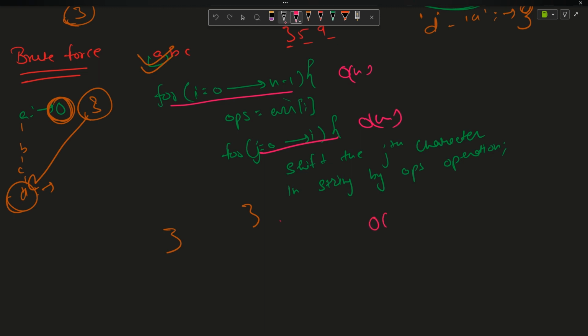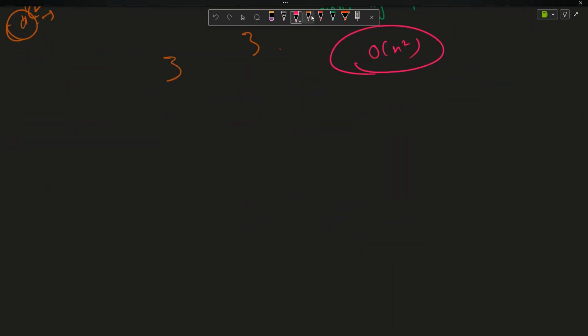The time complexity will be O of n square, but that is not a good time complexity, right? That is not a good time complexity. What can I do? I can just try to optimize it. So above we saw that in the optimized version,